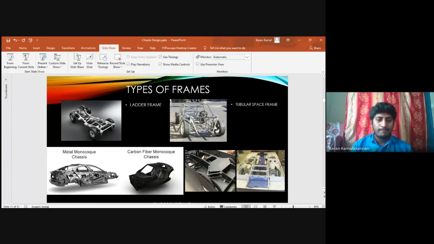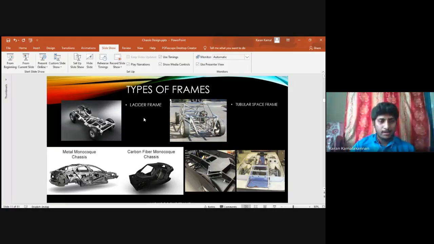The front and the rear have a zone called the crumple zone, which is designed to absorb the maximum force so that the load or force is not transmitted to the safety cell. That is the reason your vehicle's front part gets completely crushed, and it prevents the load from being shifted towards the safety cell. So that is the answer to that question.